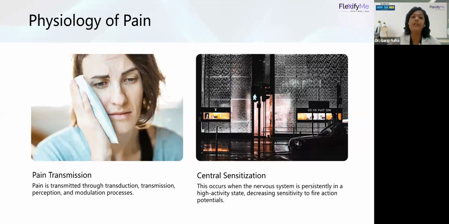The pain pathway. You are trying to reduce your pain. You were playing, suddenly you twisted your ankle. What will you do? You will apply a cold pack. What is it doing? It is again blocking your pain pathway. So this is how I'm modulating my pain. Right? So this is at the surface level.